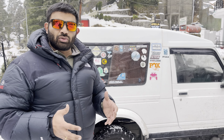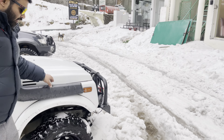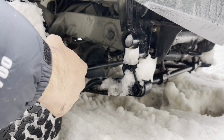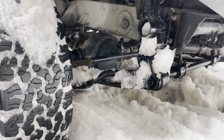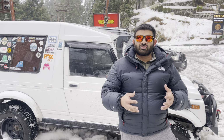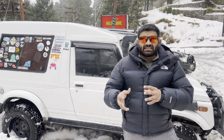So for those who don't know, I can always show you. Similarly, this Gypsy also used to come with a solid front axle, and that is the main reason people swear by its reliability. If you look down there, the black tube thing with a round fixture in the middle is the differential, and the tube is what houses your axles. It is not an independent front suspension like the Thar, the Fortuner or the Pajero or the Isuzu or anything else. It has a proper 4x4 spec, very friendly to modifications, very friendly to changing and altering it to suit